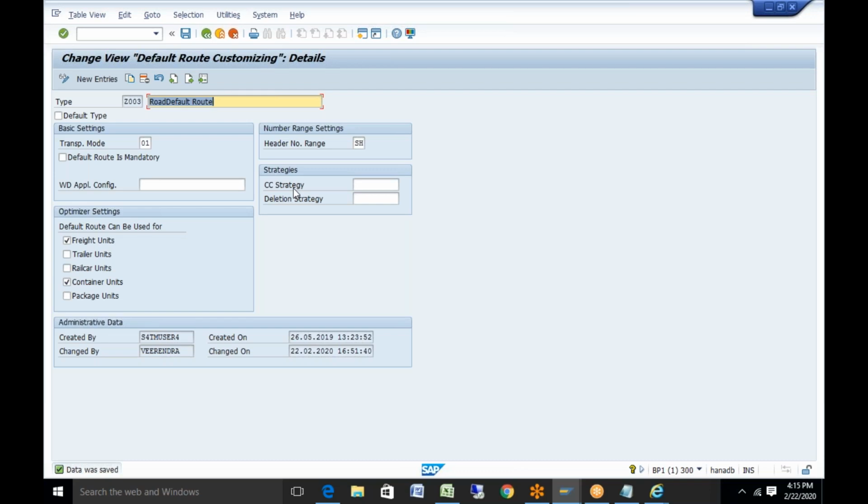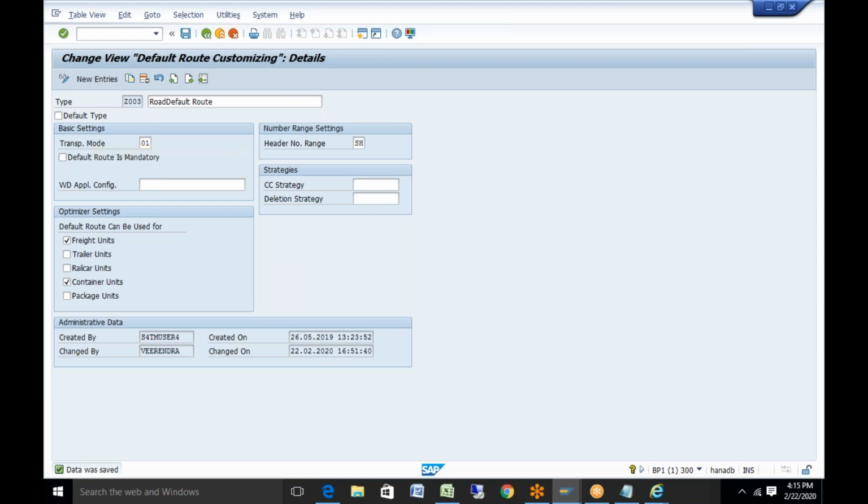Any question you have? Yeah, so when we're saying this is road default route, but when we look at the stops, it is also going to the seaports, right? It's not just the road. No. You mean mode of transport? Yes.